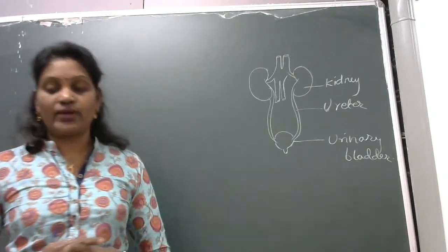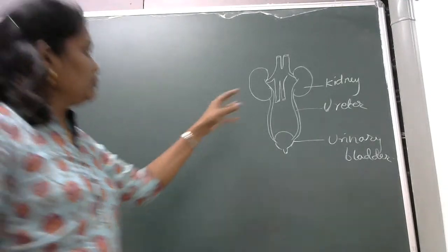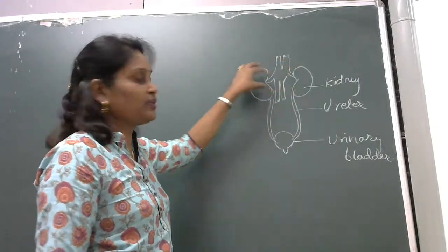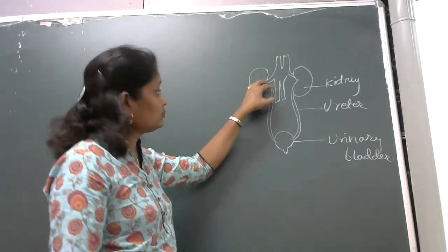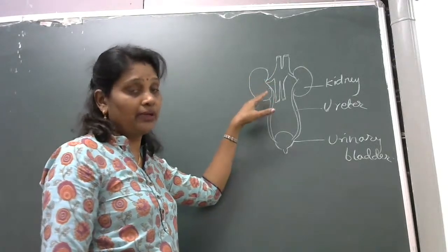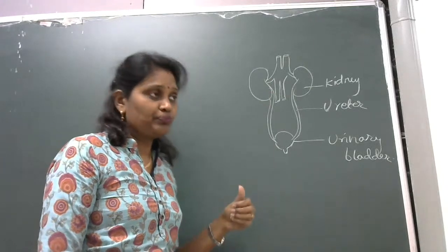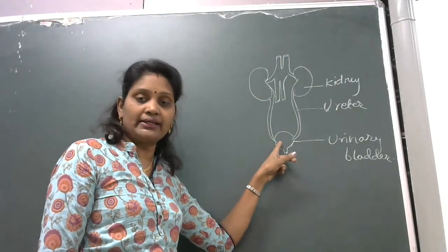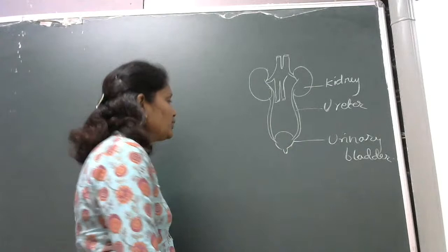Okay, students. Here, the capillaries, or these veins and arteries, bring the blood to the kidney. The arteries supply the blood. After that, whatever the waste is, it is removed, and the waste is collected through the ureter into the urinary bladder, plus water is also collected here in the form of urine.